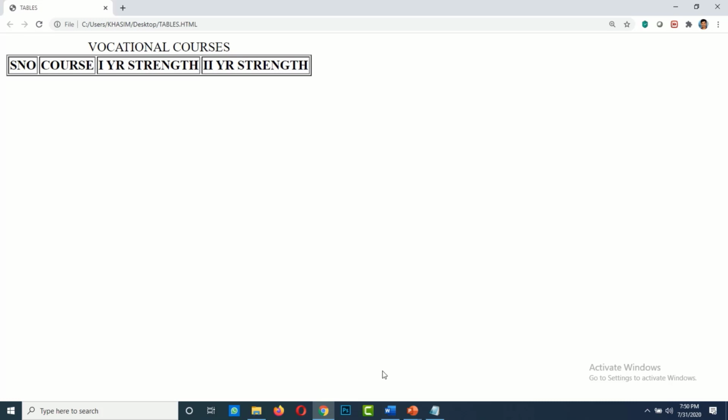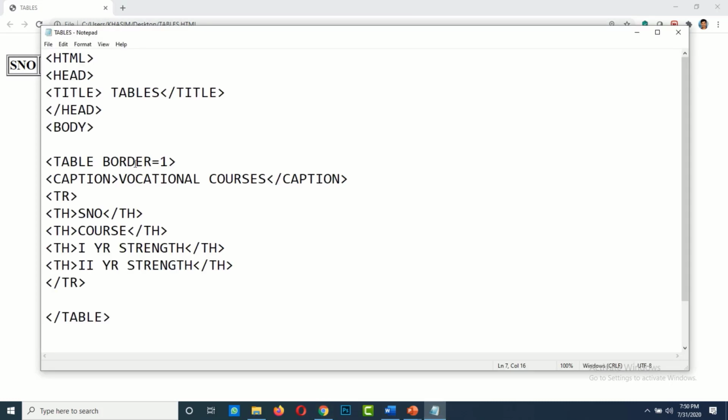Now we are going to create 3 more rows. Now create the second row with the help of the tr tag. Now I am using the td tag instead of th.